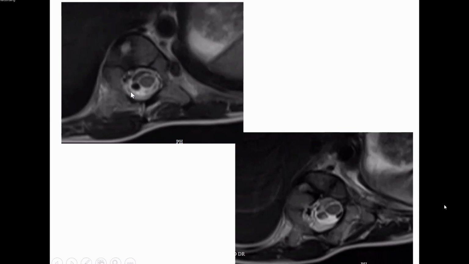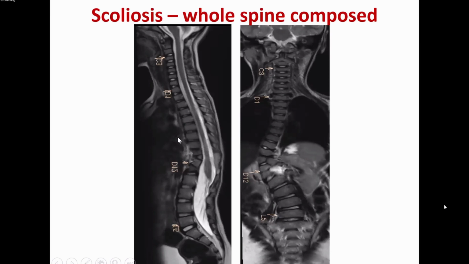Don't forget to paste the images like this. So usually a composed image you give, right? In the sagittal, you will give with the labeling of the vertebrae. When it comes to scoliosis also, try to paste the coronal T2 images. So for example, this patient has a hemivertebra. It will be easier for you to demonstrate at which level the hemivertebra is. So anyway, you're doing it in 3 stations, might as well combine it and send the images to PACS.